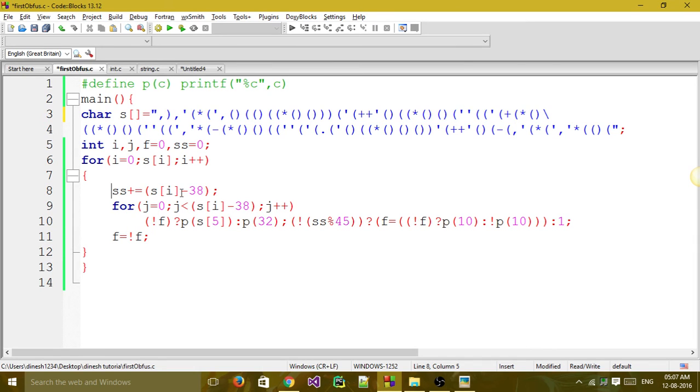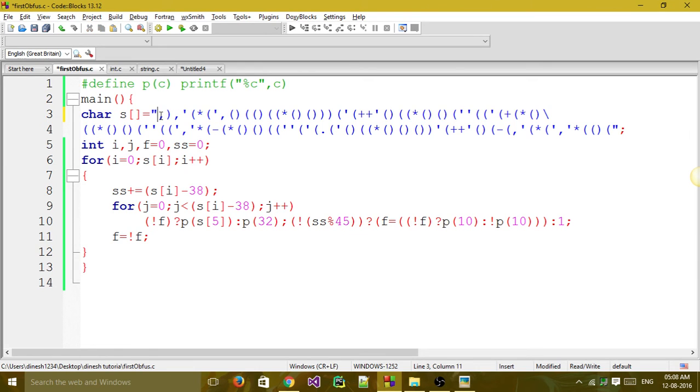Now we are getting this thing, and I maintained a flag variable, because for this character I should print the x character, and for this character I should print blank or space.